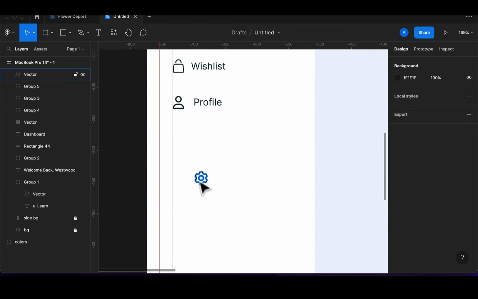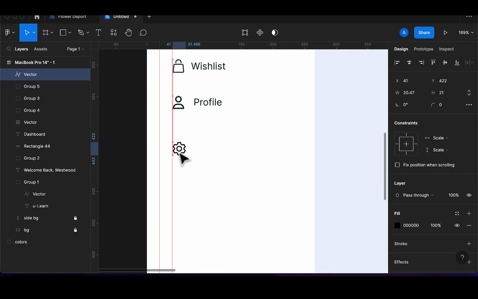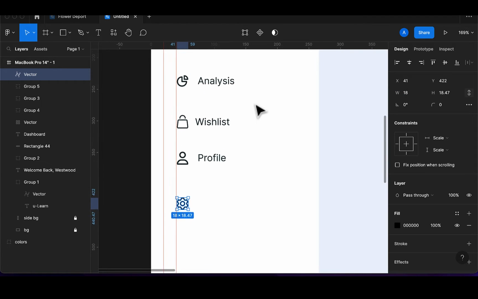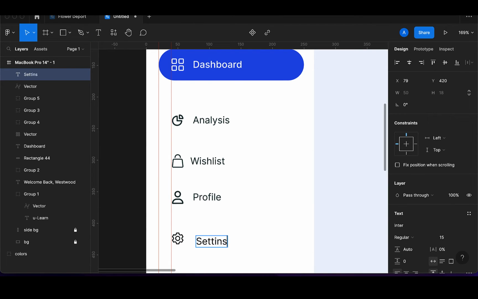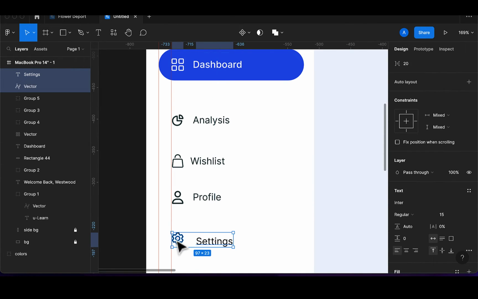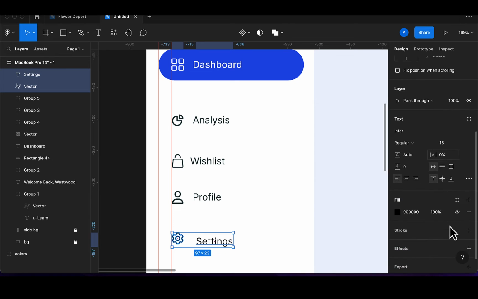So right now I have my settings. What I want to do here is make sure, lock this, the width is 18 here. If we try to push this item again, let's see the alignment. You see we have a perfect alignment for all our 3 items. So here I can just change that to settings. So we can select these 2 and then try to align them first,